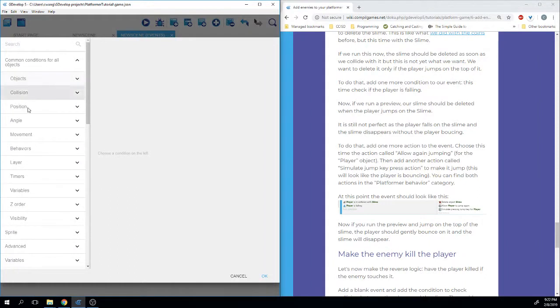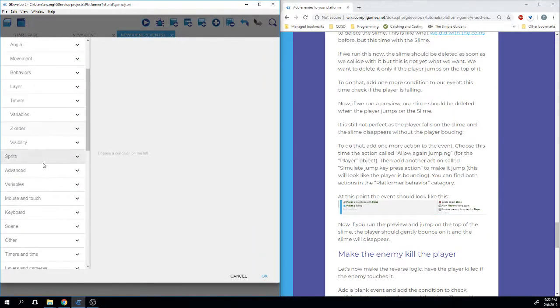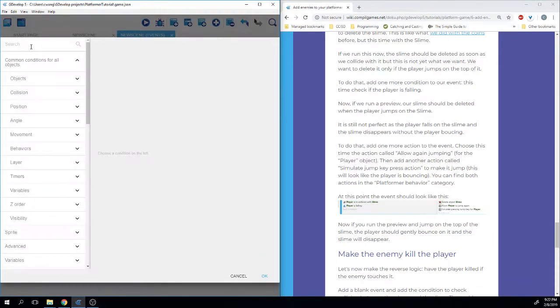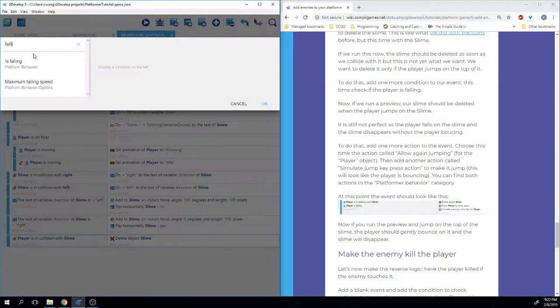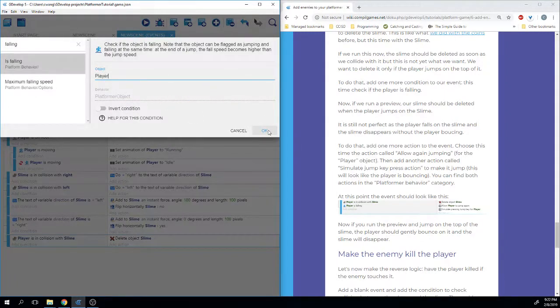Object, nope. Behavior, nope. Position, nope. Objects, nope. Movement, nope. And again, if you don't remember how to get there, just search it. Falling. Oh, it's in platform behavior. So if the player is falling,